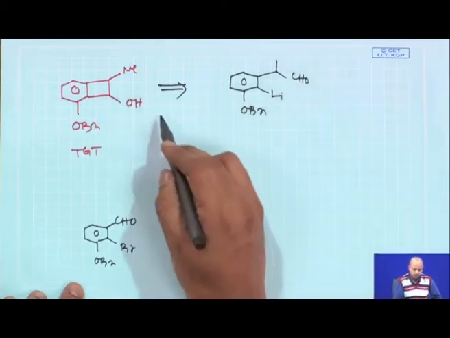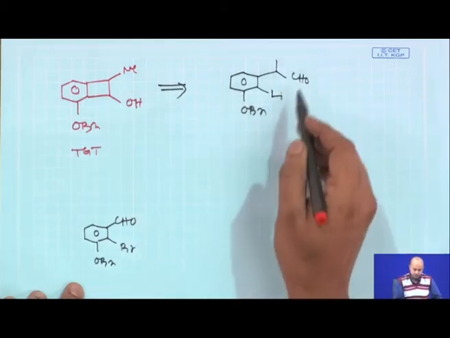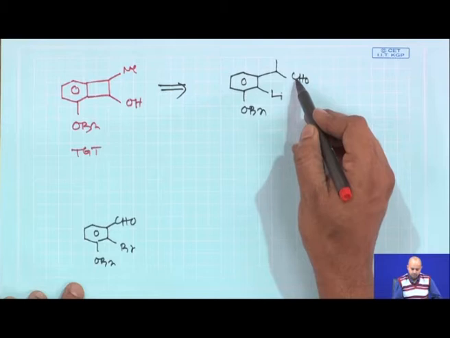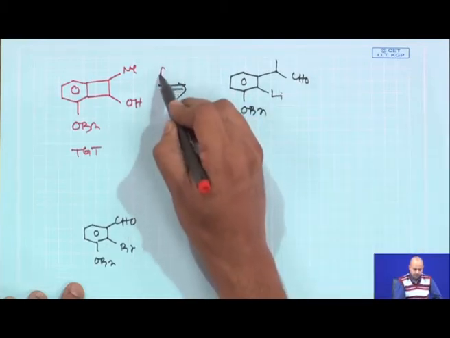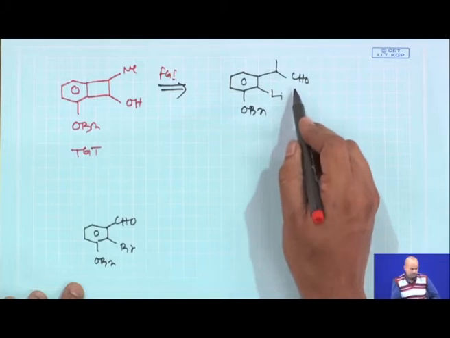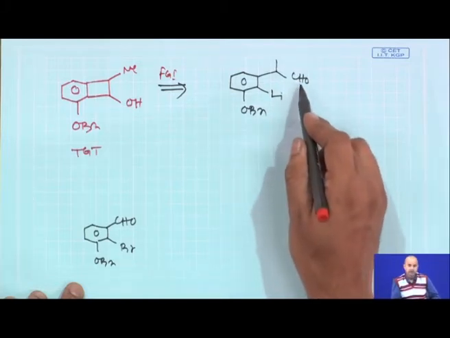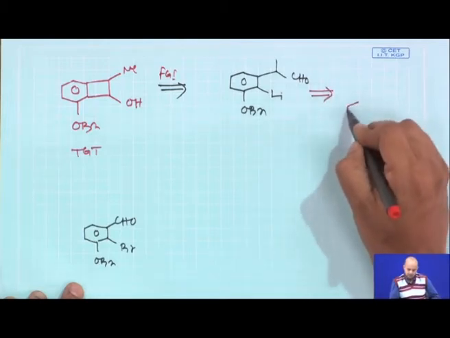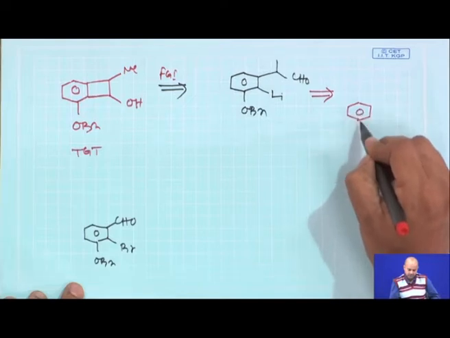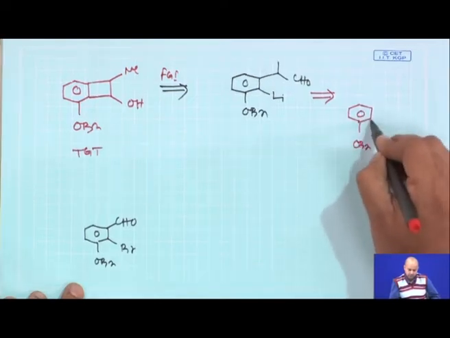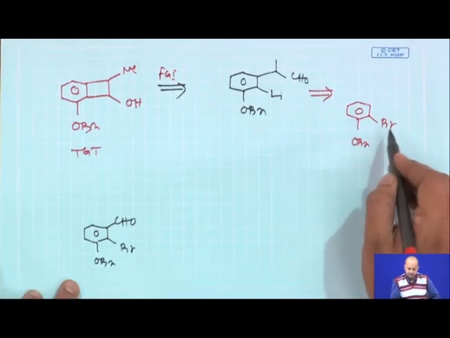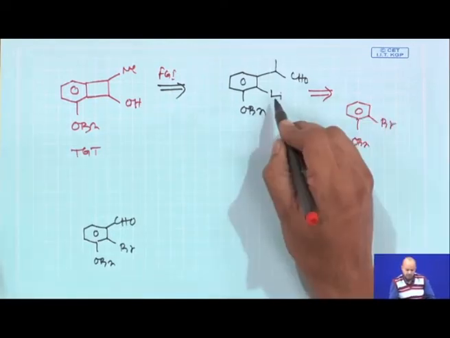I say the cyclobutanol can be synthesized through an intramolecular organolithium coupling with this lithium and this aldehyde. So, it is an FGI, fine. Now, this aldehyde, now see how I am doing it. This lithium can be generated at a later stage with the exchange of butyl lithium or tert-butyl lithium to give you this organolithium species.